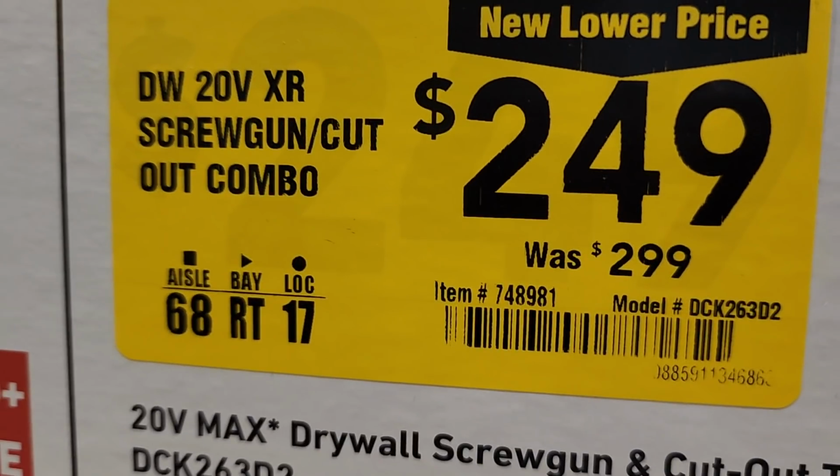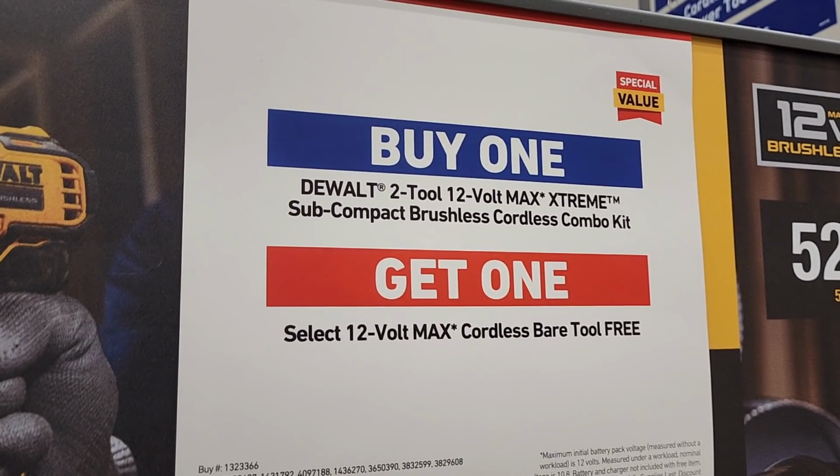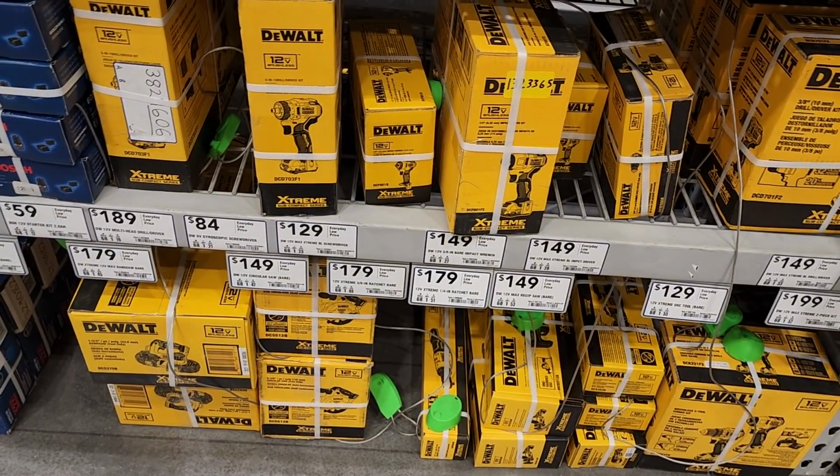$249, down from $299. And this is the combo. Does come with batteries and chargers, or a charger. They still got this, like I said on the previous. They got the buy one get one free still, and most of the tools are here. They're not at the